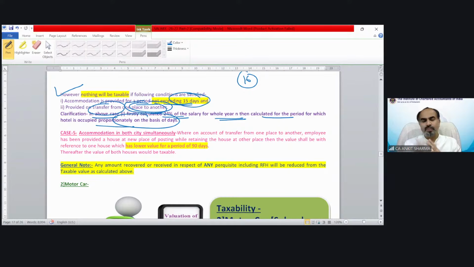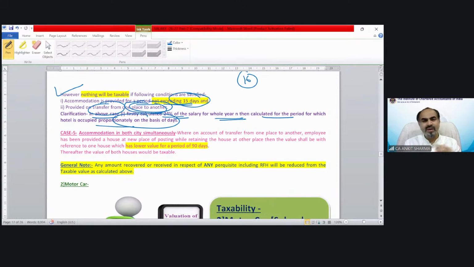You went to Lucknow and a new rent-free house has been provided to you in Lucknow also. So there could be circumstances when an employee is having 2 rent-free houses simultaneously. Why? Because suppose when the job has been transferred, his family cannot be shifted instantly. Kids have examinations in Delhi. So he needs to shift to Lucknow for the purpose of employment. But his family cannot leave the old rent-free house for some days or some months because shifting is not that